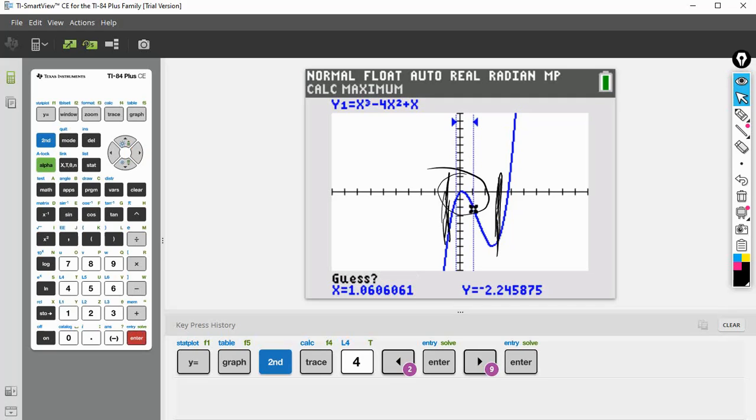And then it's going to say guess. You hit enter again, and there you are. So you found the maximum, or the time, right? Because it's in terms of time. The time at which it reaches the maximum would be at t equals 0.1315 if we want to round seconds,